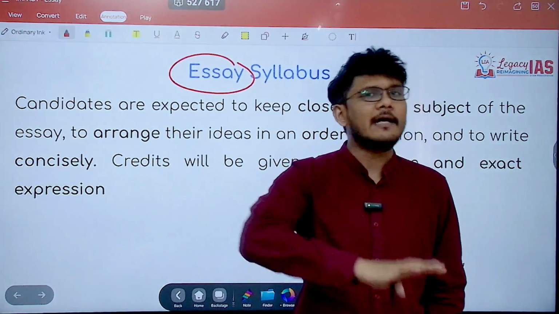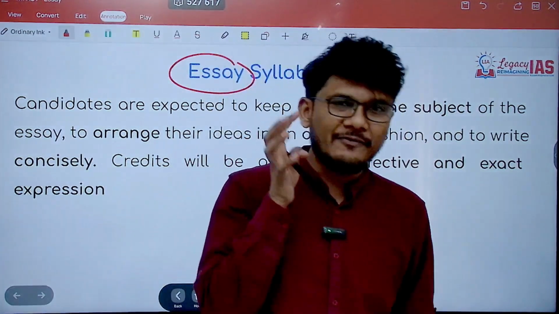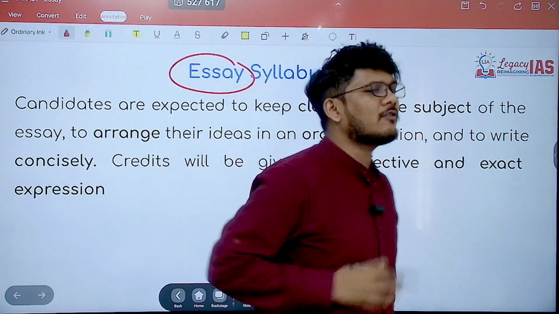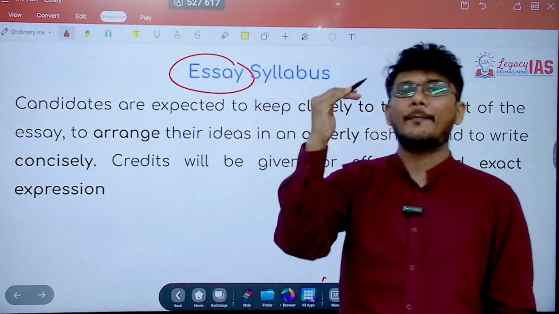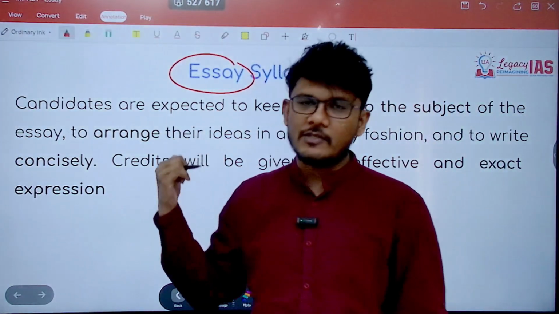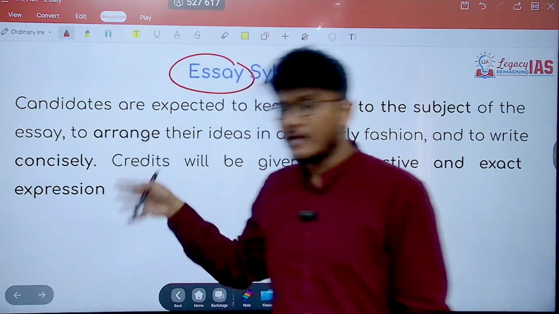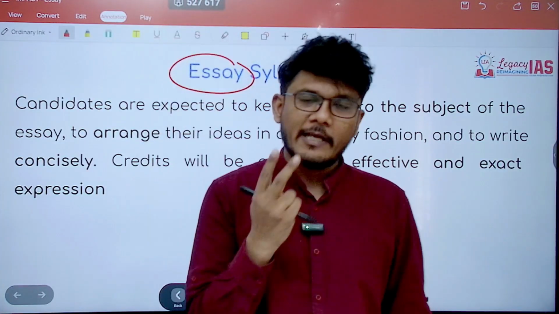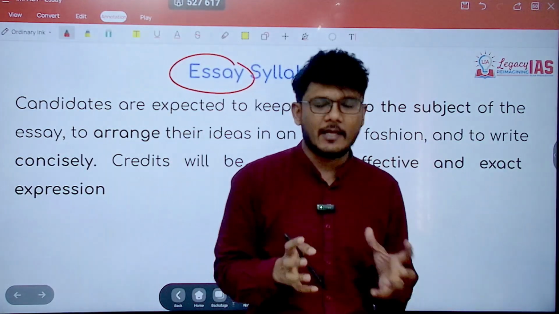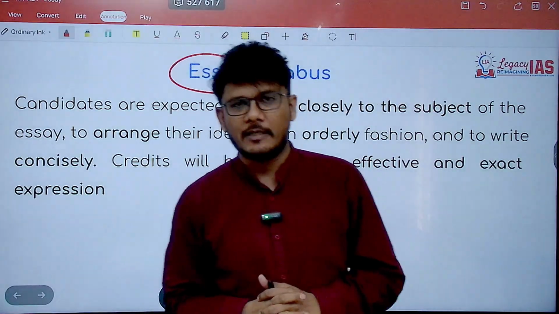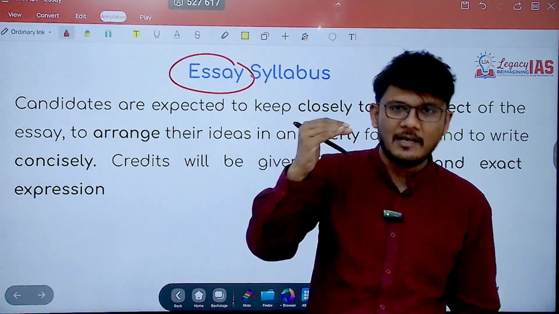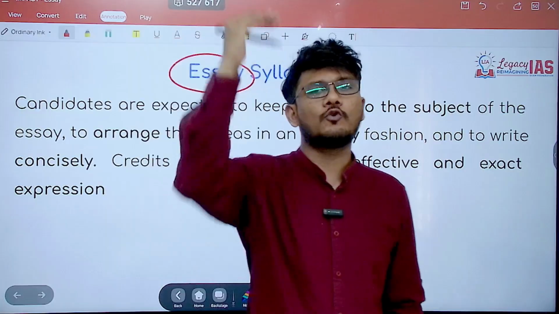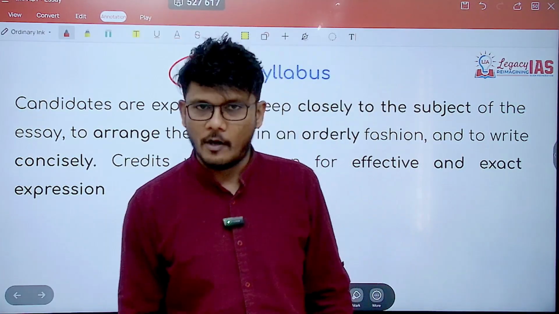So it is a high risk, high reward paper, but worry not, we will ensure that you can avoid the risk completely, in the sense that you address what is required. So once we achieve that basic minimum requirement, which we will understand when we go into the detail of this lecture, then subsequently we will see how you can excel in it. So there will be 2 steps in this entire essay session, in which we will ensure that you reach a level wherein there is no question of risk whatsoever, and then we further push you to the excellence of essay writing. Alright, so let's begin now.